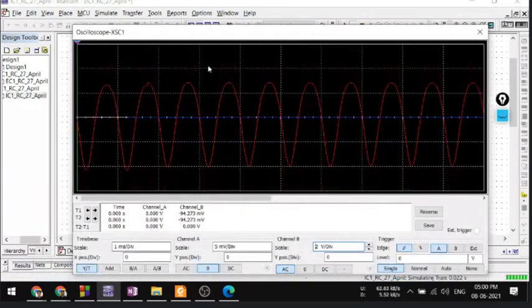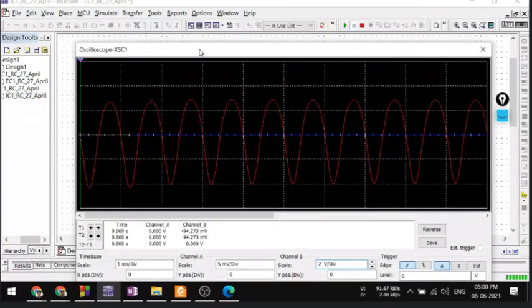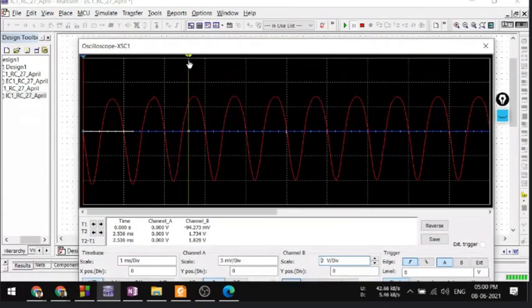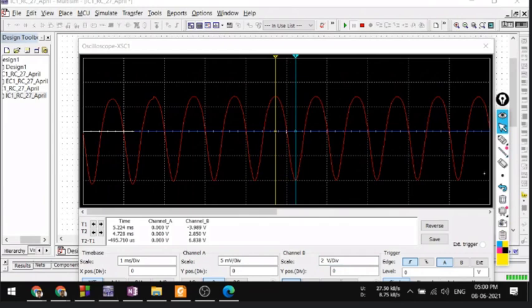Oh, student, here you can see this. Fine. So here you can see that negative cycle is stretched out and positive cycle is compressed. Look, student, it is clearly displayed over here that positive cycle is having less height, and negative cycle is having higher height. Two blocks are covered by the negative cycle, while the positive cycle covers only one full block and about half of another block, so positive peak is not equal to negative peak, right?